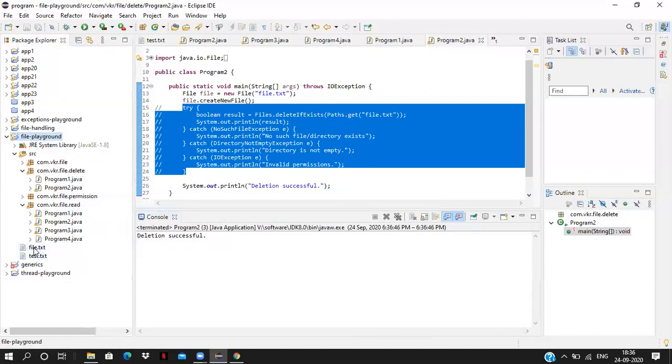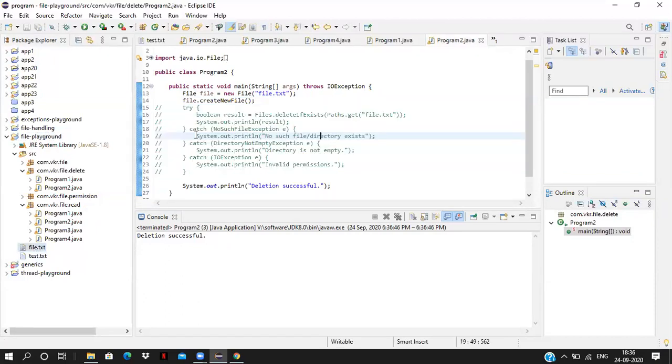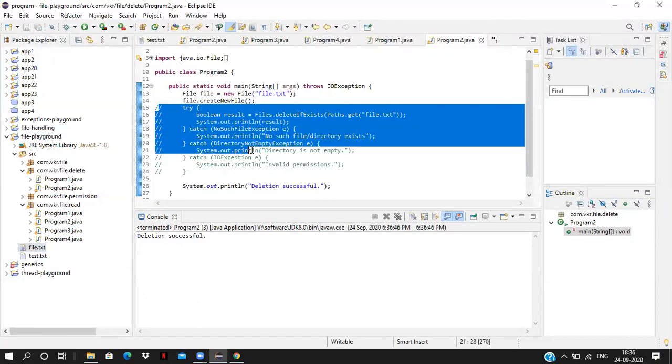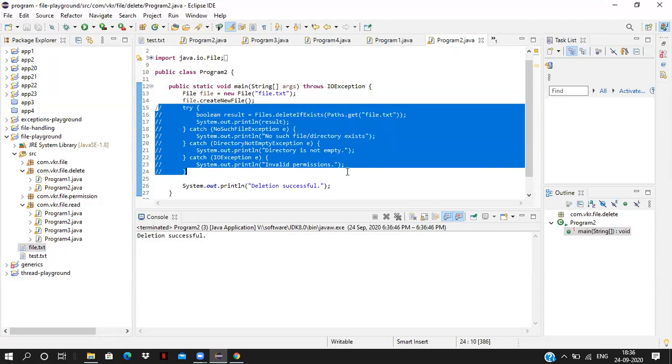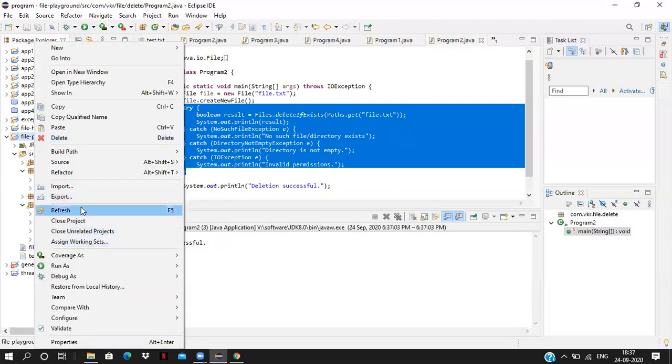Now file.txt is created. Now let's go and delete this file. Now we got true because the file got deleted. Now if you go and refresh, whatever file was already created, it got deleted.